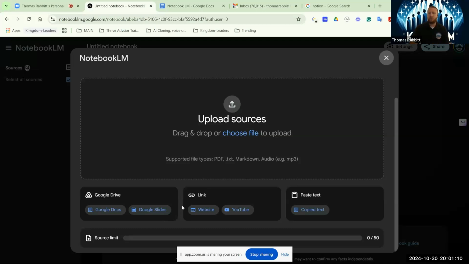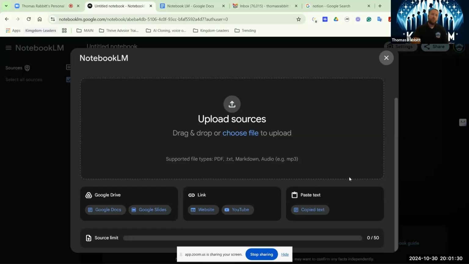So that's one option. And then you can insert links. So you can insert your own website. You can insert somebody else's website. It operates as a web crawler, pulling the information. You can take any YouTube video, period, and then upload it here. And this is part of your, once again, your memory, right? And the information you're going to operate off of.